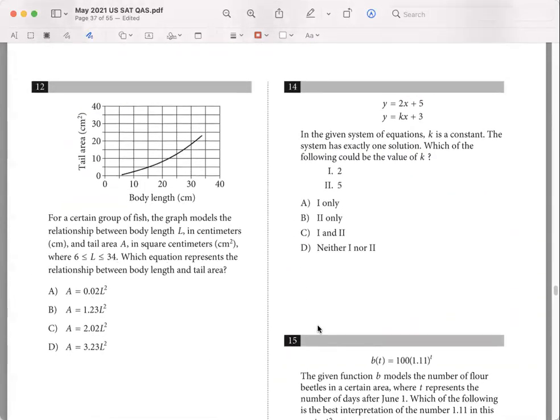Okay. Question 12. For a certain group of fish, the graph models the relationship between body length in centimeters and tail area in square centimeters, where 6 is less than L is less than 34. Which equation represents the relationship? So I notice here that,